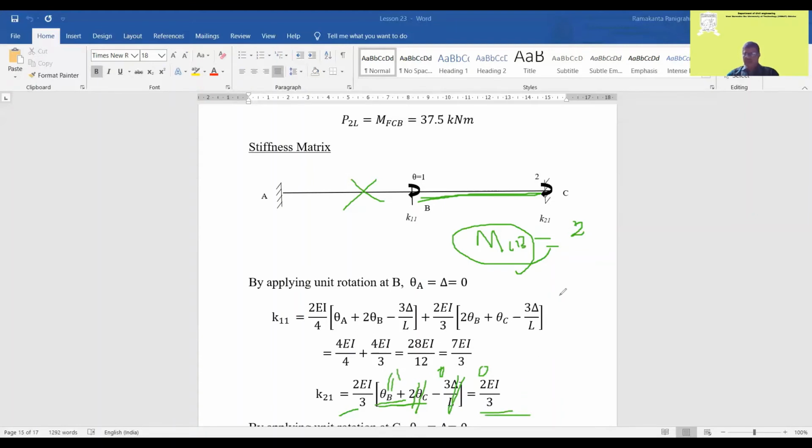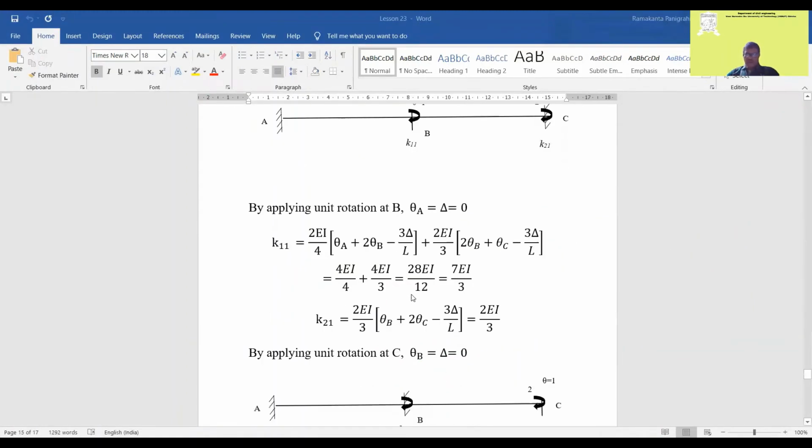So now you understood that we developed the stiffness matrix of the first column. In the first column we get 7 EI by 3, and we got a value 2 EI by 3. And if you do not develop this also, you can write the same value 2 EI by 3 here, that is K12. This was K21, this will be K12. K12 is equal to K21. So you can write the same, or for the basic understanding you can also develop the value.